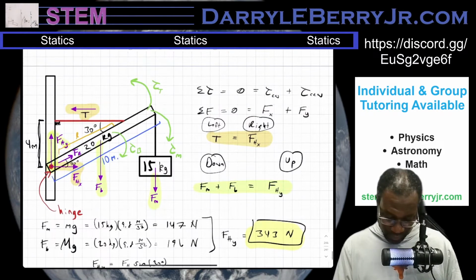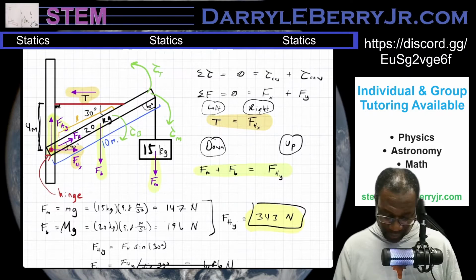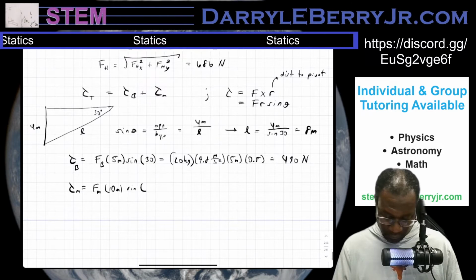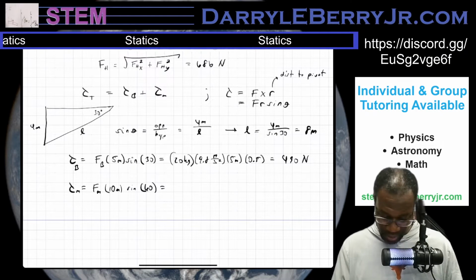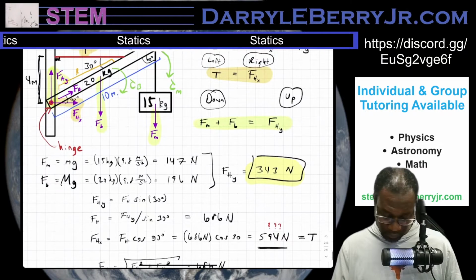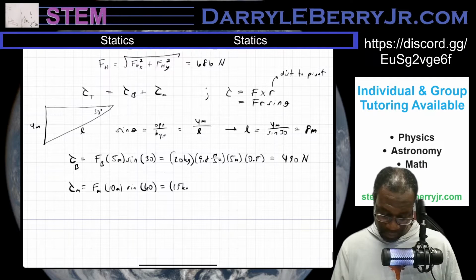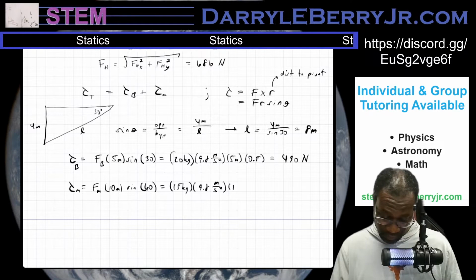Sine and the angle here will necessarily be 60 degrees because it's the other half of the right angle from 30 degrees. So that's going to equal 15 kilograms, 9.8 meters per second squared, 10 meters, and